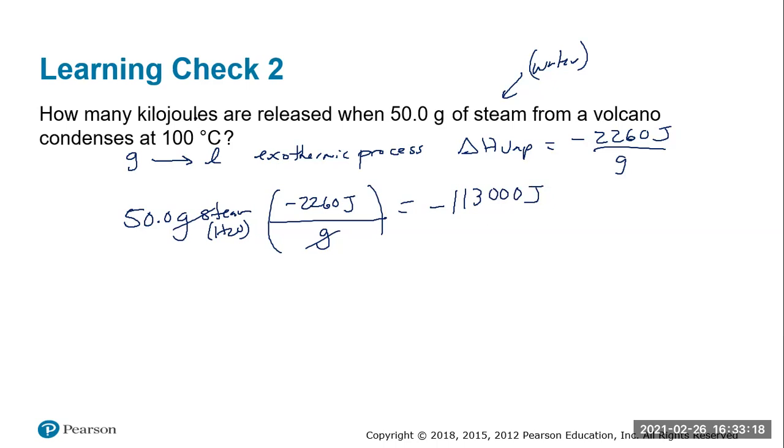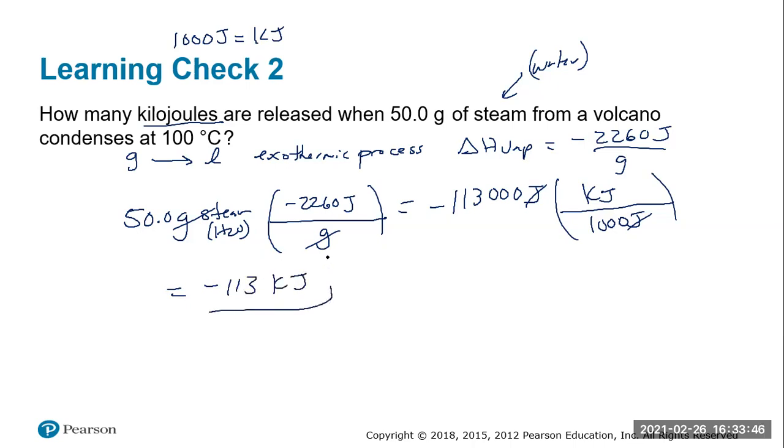These will be joules. Again, we're looking for kilojoules. So 1,000 joules equals a kilojoule. Joules will cancel. And that would get us minus 113